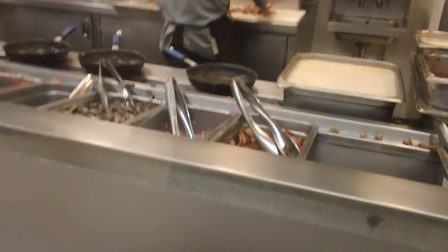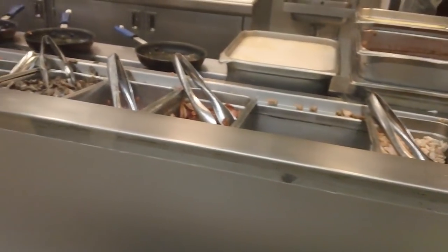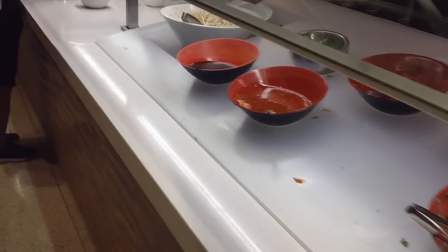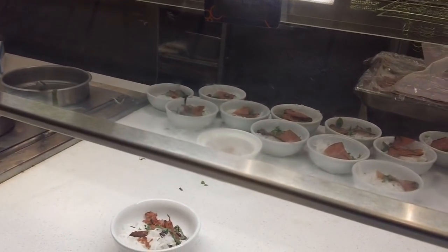Okay. And here, of course, this morning it was a make-to-order omelette. And later on, I think we are approaching made-to-order pasta. Here you've got your Asian section. Vietnamese pot soup, pho soup, and